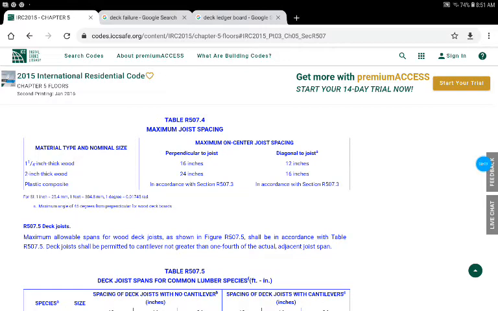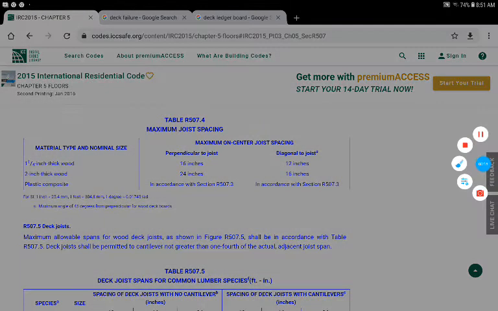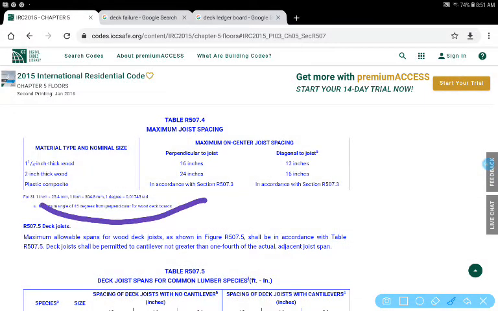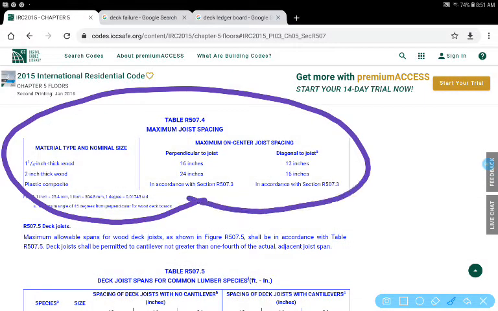Okay, welcome. We're back into the building code book. We're looking at chapter 5. We're talking about decks, and we're starting out at R507.4. And what this chart tells us is spacing of floor joists in reference to the type of decking board